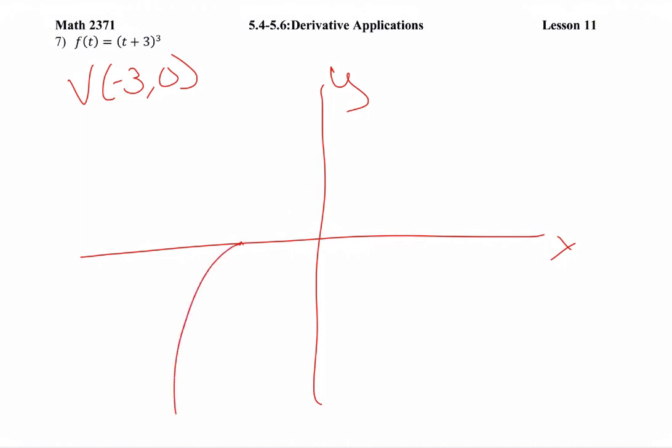Okay? And that this is (0, 27), and that this is (-3,